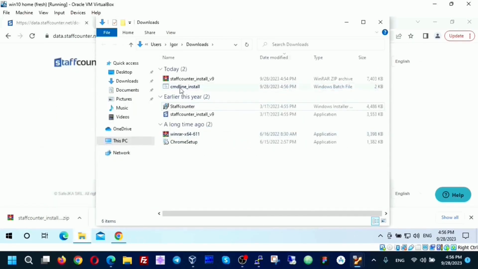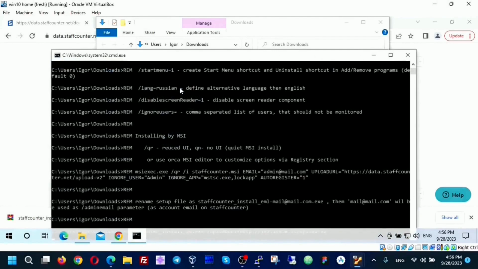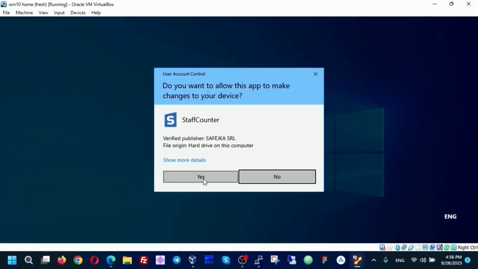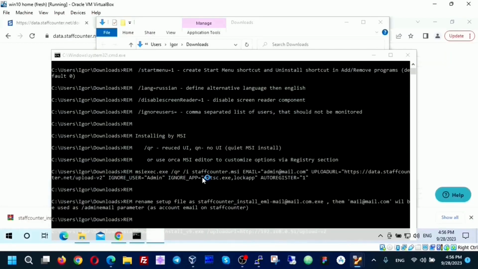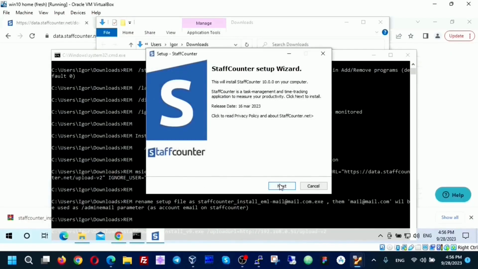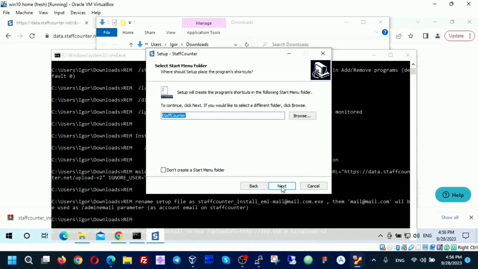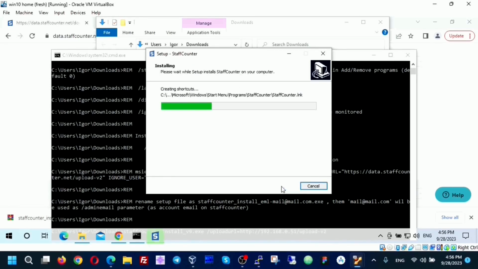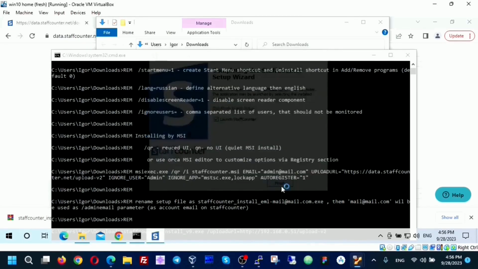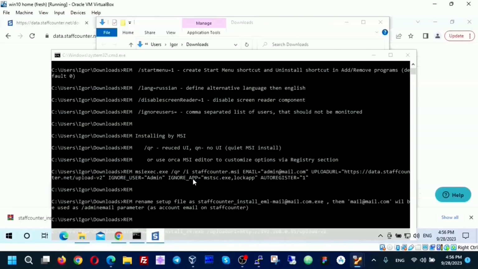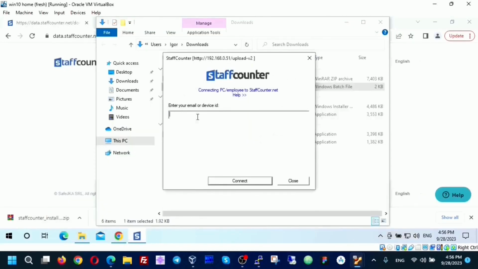And now we run this file for execution. The staff counter program is being installed, but with a different data upload address. And now the staff counter agent program started.